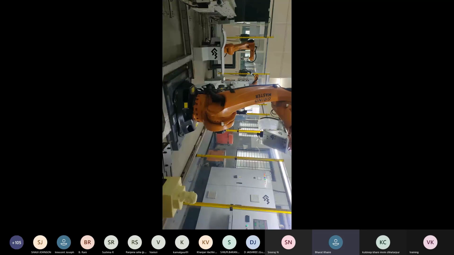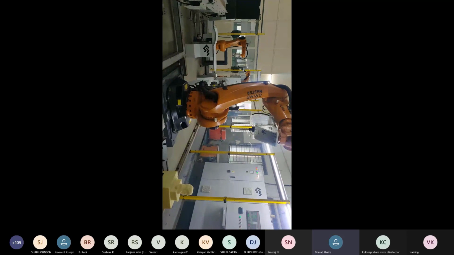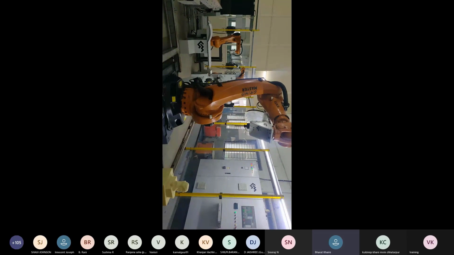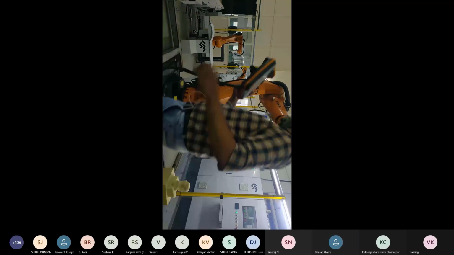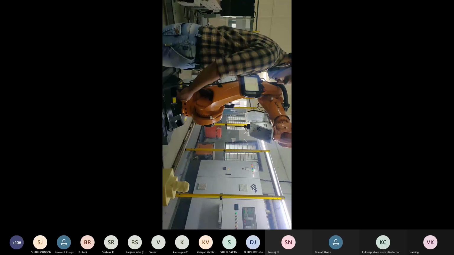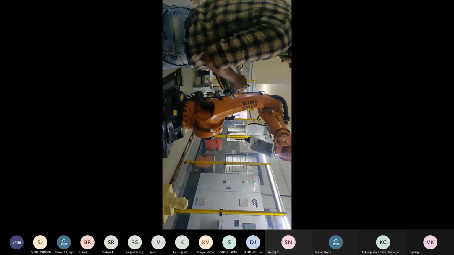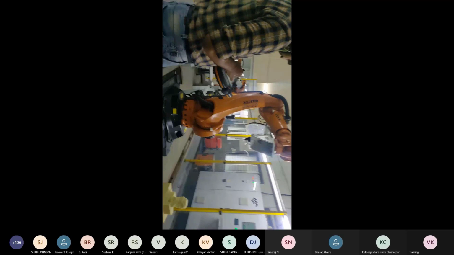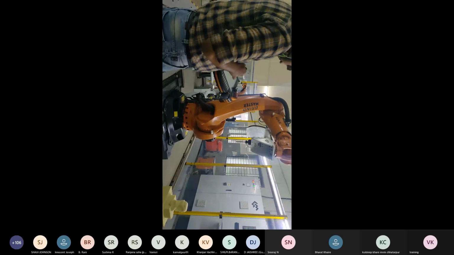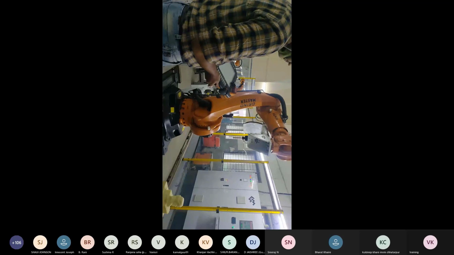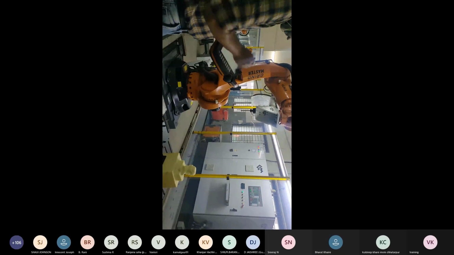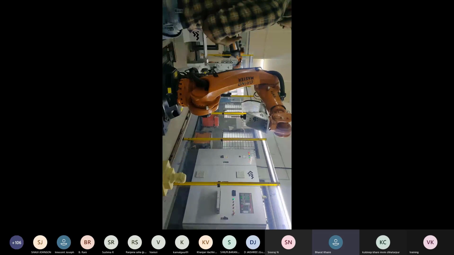Now we will jog the machining robot, the biggest robot of the cell. Now you are watching a big robot here.